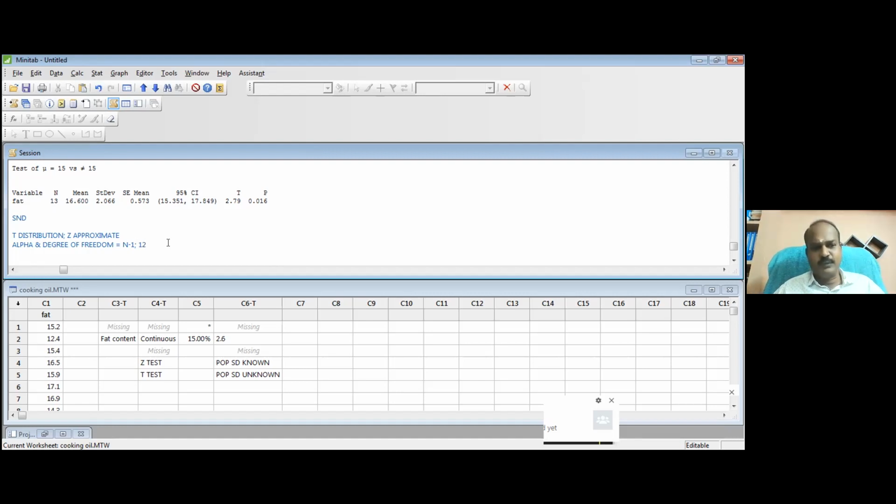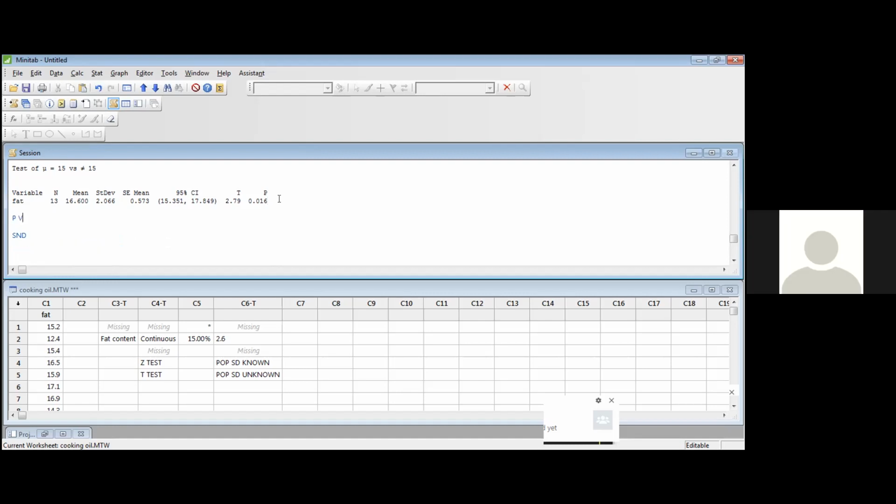So for a degree of freedom of 12 and for a level of significance of 5%, the T-score can be picked up from the table. And you have calculated one T-score. You compare the calculated score with the table score. And this is tedious. Every time you have to go to the table and other things. Instead of that, look at the p-value straight away. And now the p-value is 0.016. Is this p-value more than 5% or less than 5%? Less than 5%. When it is less than 5%, reject the null.